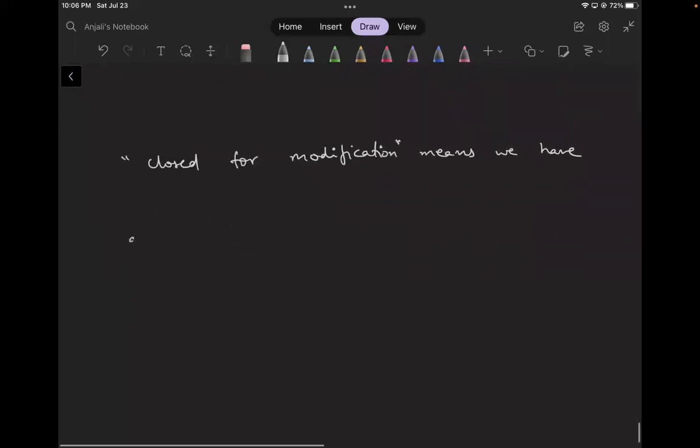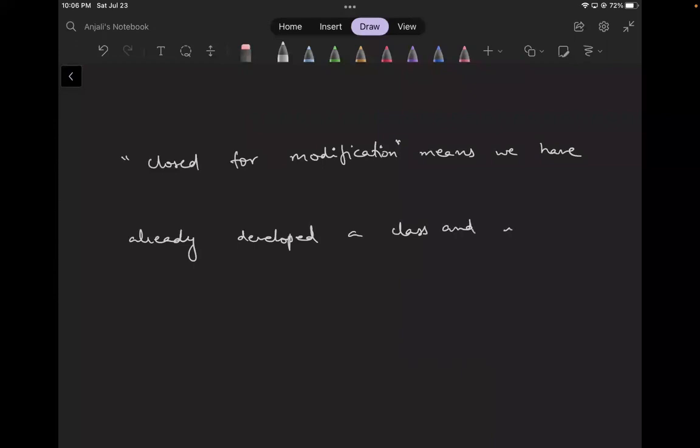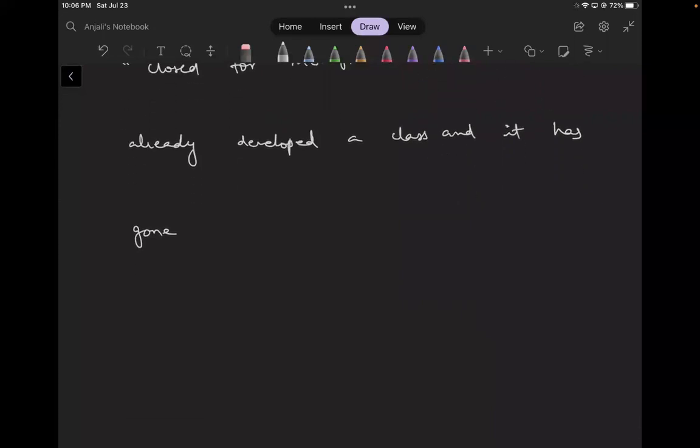we have already developed a class and it has, you must be remembering about unit test. So what unit test does, whenever we write down our code, we check that particular code as an individual unit. And once it performs individually correctly, then we go ahead and perform our integration test. So that is why I'm saying here that if you have created a class and it has gone through unit testing,